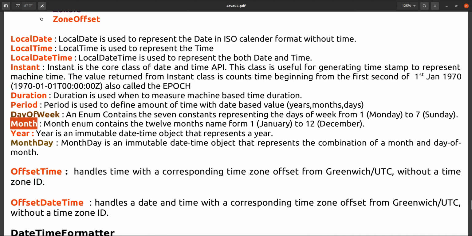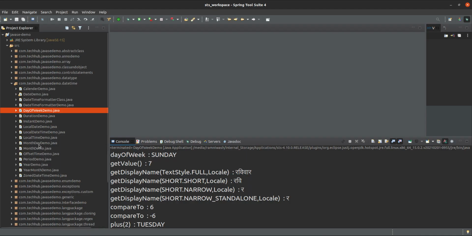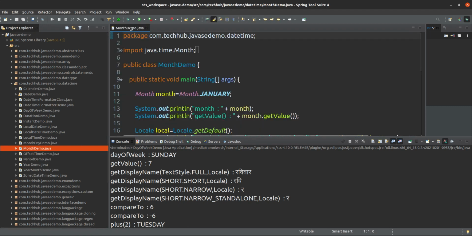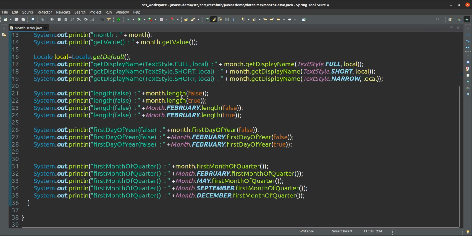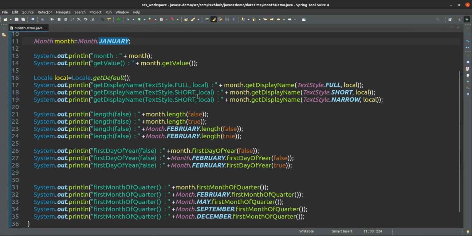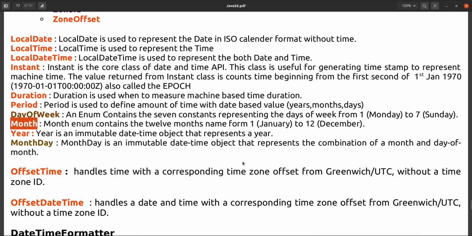Next one is month. Month is also an enum only. Using this month, how many months are there in a year?